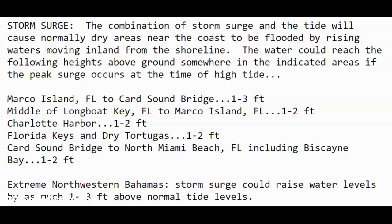Middle of Longboat Key, Florida to Marco Island, 1 to 2 feet. Charlotte Harbor, 1 to 2 feet. Florida Keys to the Dry Tortugas, 1 to 2 feet. Card Sound Bridge to North Miami Beach, including Biscayne Bay, 1 to 2 feet. Just like we talked about before, small craft, if you can't get them out of the water, make sure they're